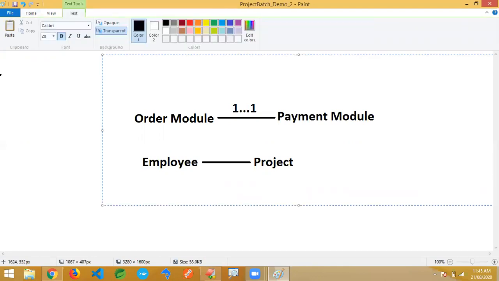There are four integration types possible here. You can guess and give them in chat also. It's one to one, one to many, many to one, and many to many. Any relation you take in the world comes under one of these categories.